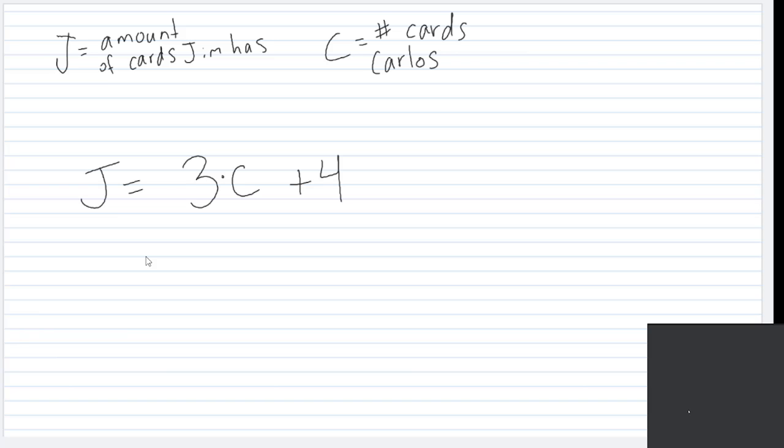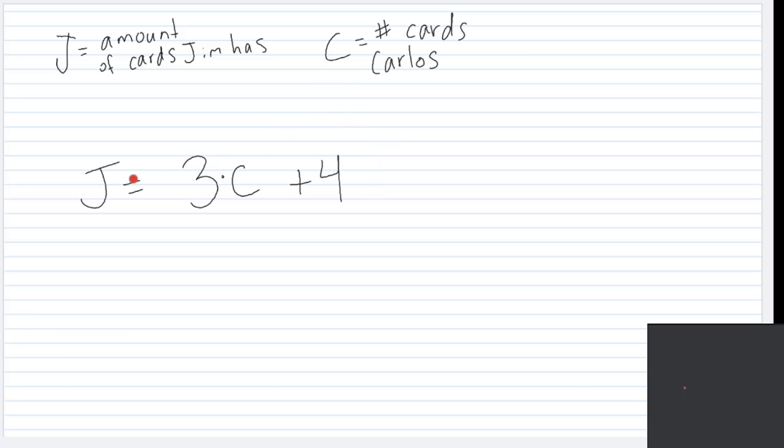If Carlos had X cards, how many does Jim have? All right. We never figured that out. So the question is, how many cards does Jim have? What does J represent? Amount of cards Jim has. So the amount of cards that Jim has is equal to